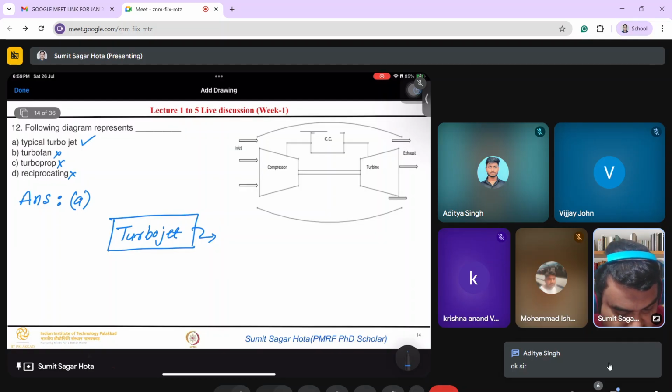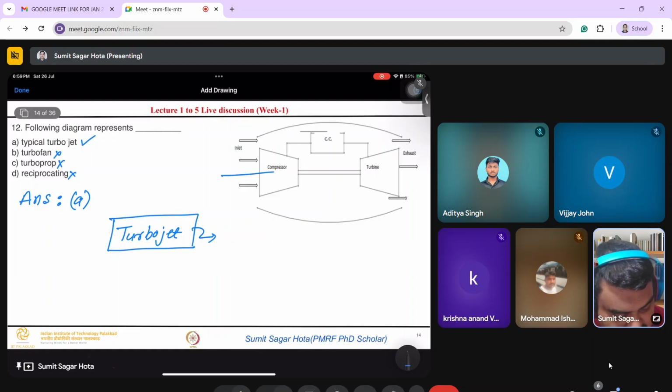It actually operates by axial flow. If you see, the flow is axial: here is the inlet and here is the exhaust. That's what I'm about to write down. A turbofan does not work purely on axial flow, because there are also rotating parts, a rotating fan. So, operated by axial flow.